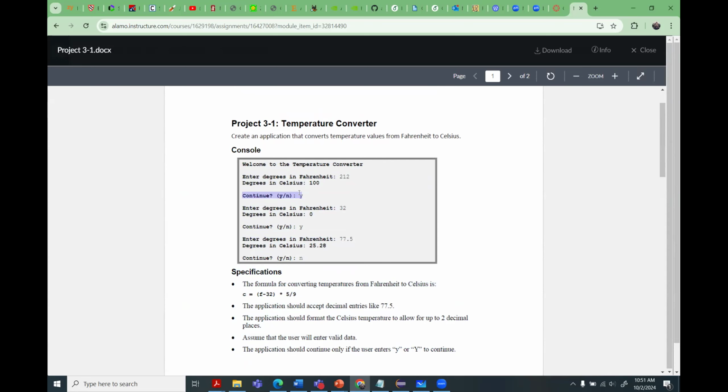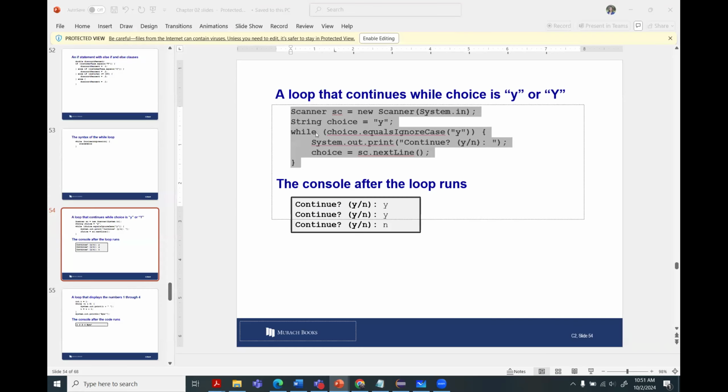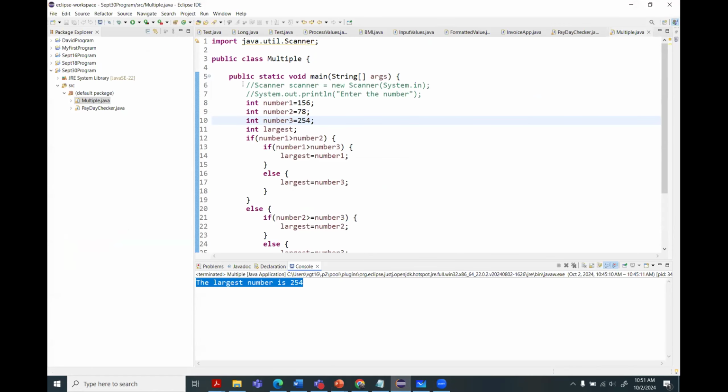If the person doesn't enter it, it should just come out of the loop. So every time this condition needs to be checked using a while operation that you have to write down. So here in this case, the way it works is something like this. So I'll just copy it and I'll show it in the